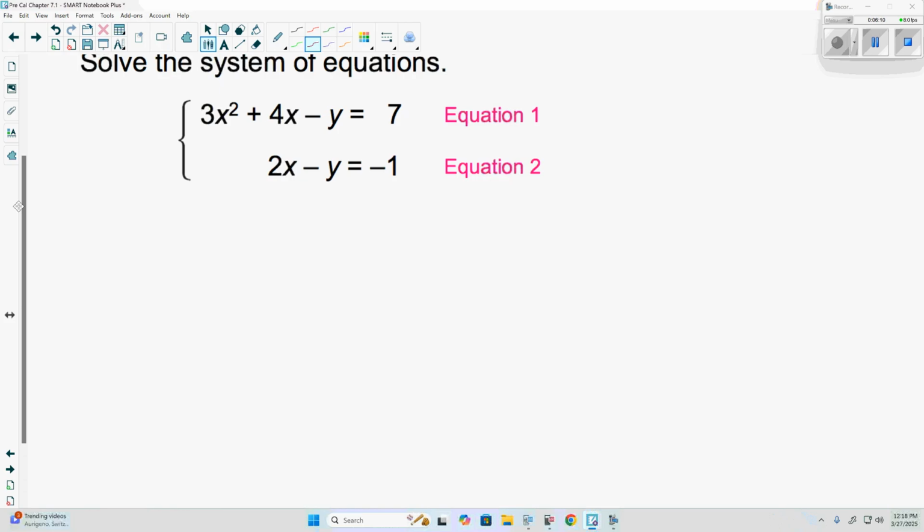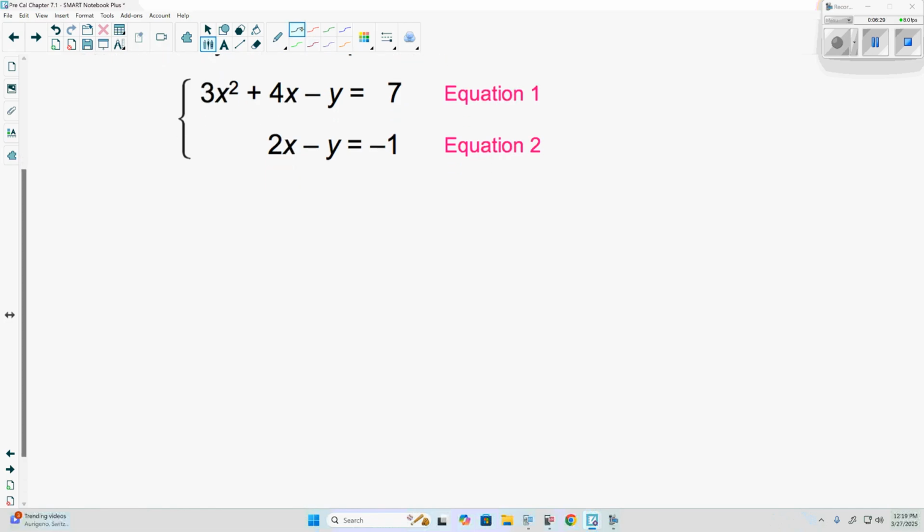We have two options to go with this here. We either get x by itself in one of the two equations or get y by itself. Now, if we get x by itself, especially in the first equation, we have two different terms for x. It's going to be a little bit harder to get it by itself. So what we could do is take the bottom equation, 2x minus y equals negative 1, and solve it for y so we can plug it back in this place here. Because if we solve this for y,